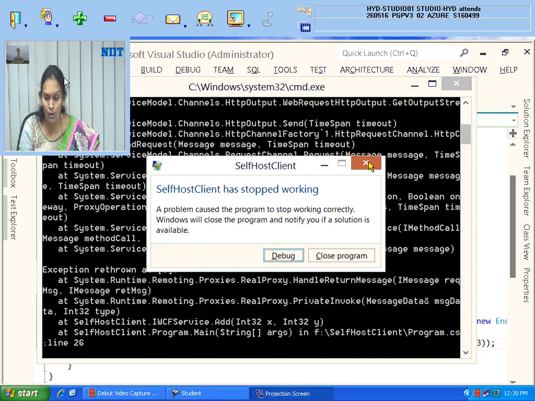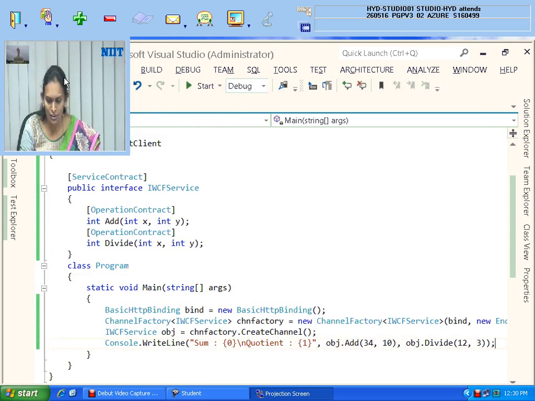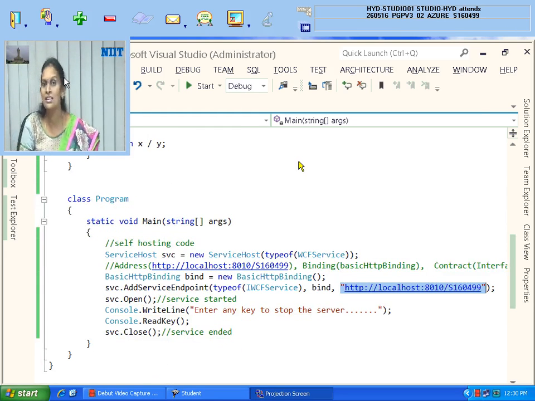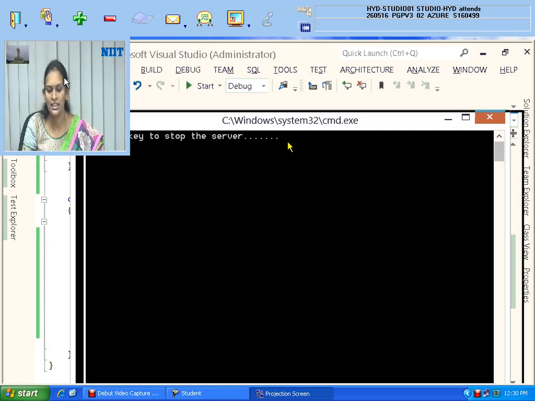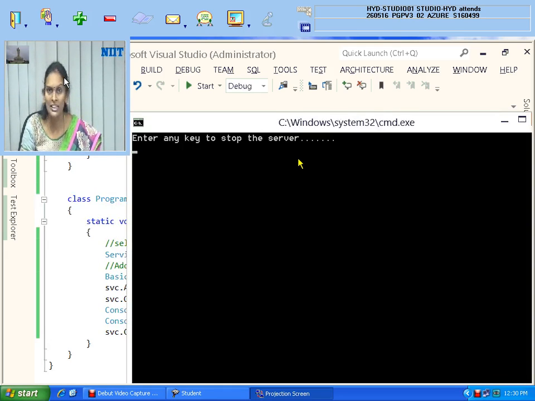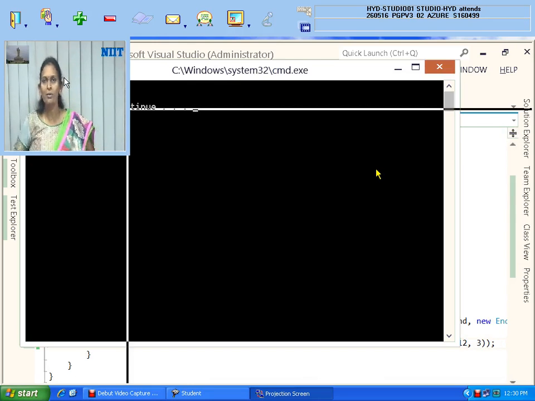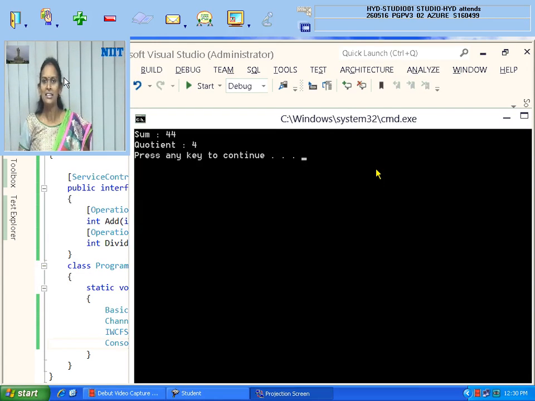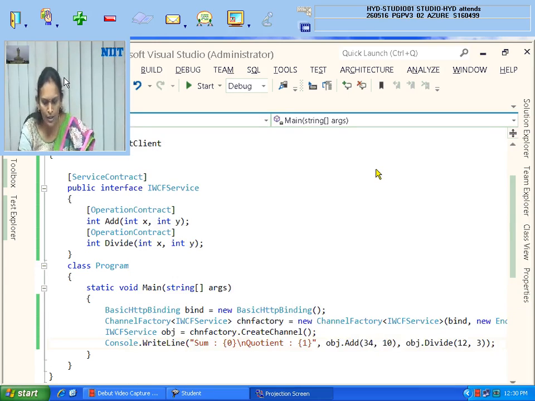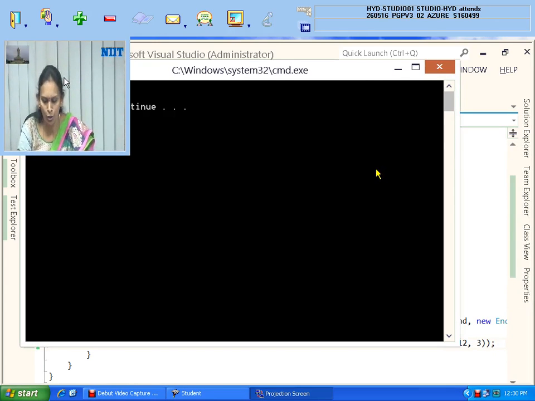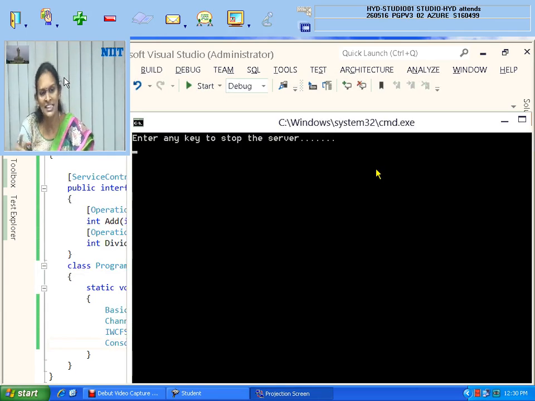So that's why I told you that first you need to execute the server application, then the client application. So first go to your server application and execute. You will get a message saying that the server is ready. Press any key to stop the server. So it is ready. Okay. Now go to your client application and press Ctrl F5. You will see, you got the answer. Got my point? You are getting the answer just because the server is running. Now go to your other previous application and press any key over there. So the server is stopped.